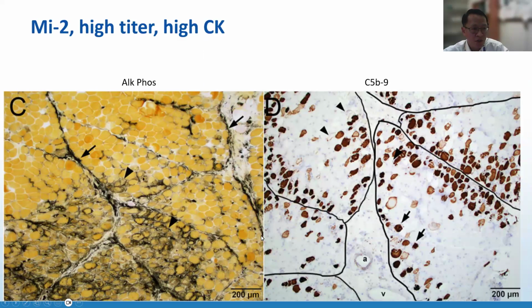Necrotic fibers and regenerating fibers can be better highlighted by these immunostains. So C5b9 is also called terminal complement complex or membrane attack complex. The strongly stained fibers with sarcoplasmic staining are necrotic fibers. You can see they have this general distribution along the perimysium, and the perimysium is highlighted by these black lines here. And the alkaline phosphatase shows this dark connective tissue stain, which indicates connective tissue damage, and also highlights all these regenerating fibers and necrotic fibers in this involved zone.